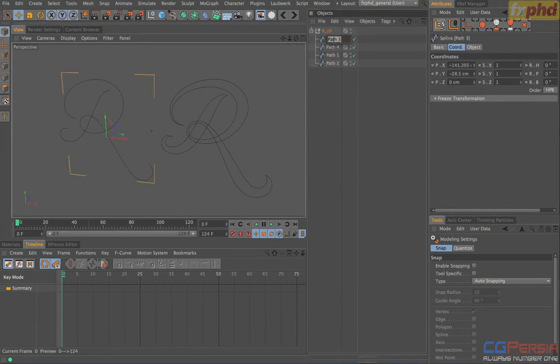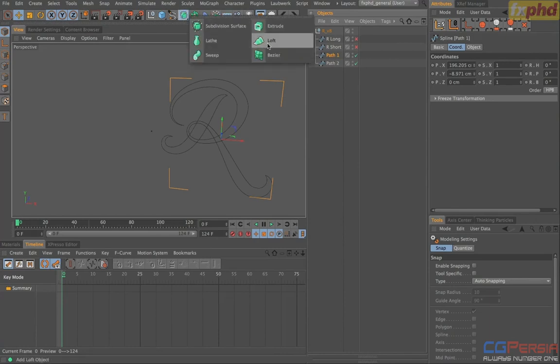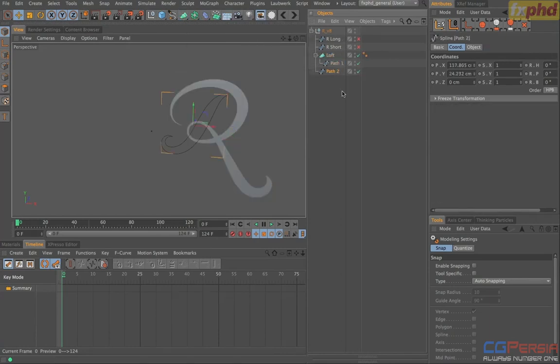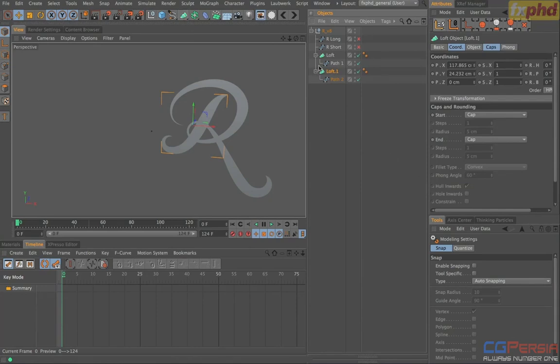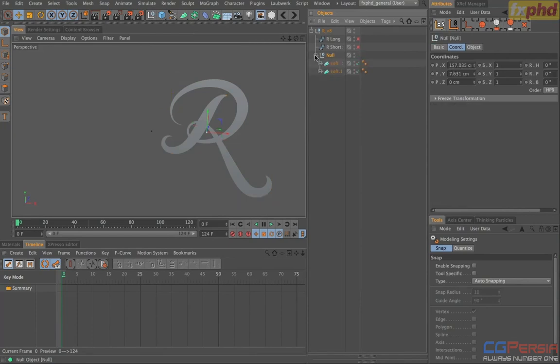So we can call this R long, R short. Okay, and let's just disable those two for now. Let's just grab path 1 here, hold down the Alt key, let's add in a loft. Let's grab path 2 and add in another loft. Okay, and if we just select these two, press Alt G to group them, and we can call this our loft group or whatever you want to call it,